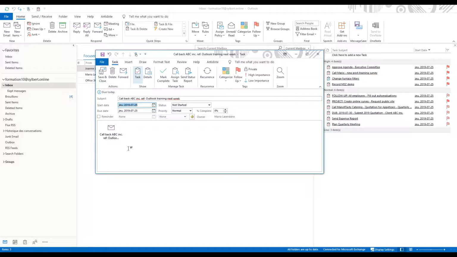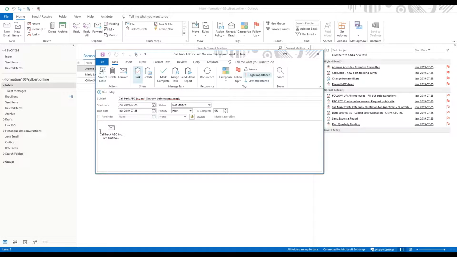So when you're using M3Z, we're using only three pieces of information: the subject line, the start date, which is when you are planning to do this task, and then a priority. So this is high priority. So this is a must do today. I really want to call this customer today.